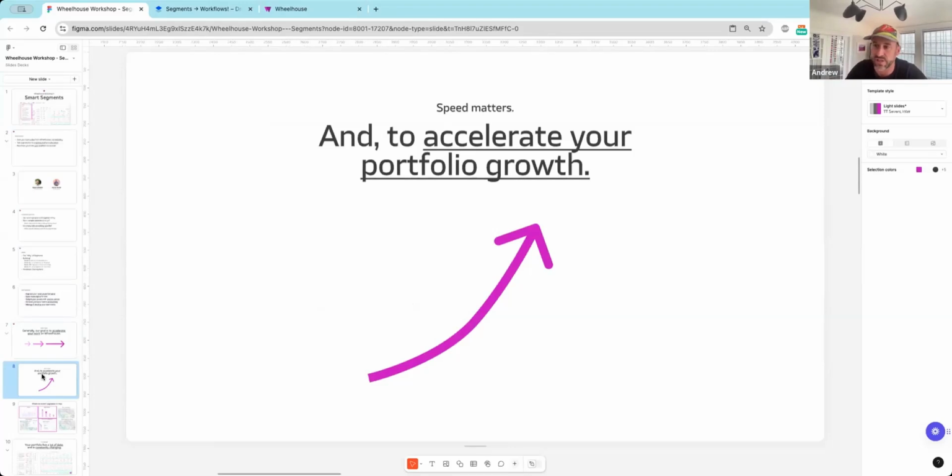And generally also on Wheelhouse, we want to help accelerate your portfolio growth. When we think about accelerating your portfolio growth, yes, we think about driving your revenue. Also, increasingly, we're looking at ways where we can really help you with owner retention, property acquisition, many parts of portfolio growth. It's important for us to see that we're helping you with that.